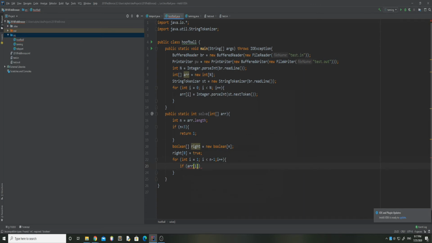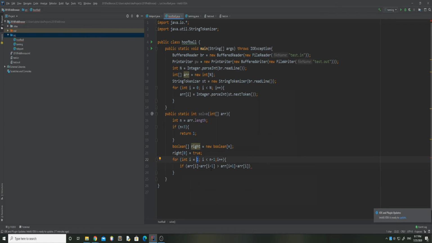So this is just saying we go right if the left distance is greater than the right distance. So if array I minus array I minus 1 is greater than array I plus 1 minus array I. So if we just look over this logic real quick, array I is just going to be the one we're on right now, and array I minus 1 is going to be the one to our left. That's why we have to start at 1, as there's no one to the left for the 0th element,